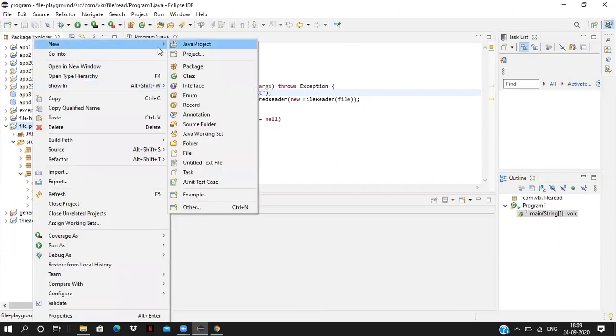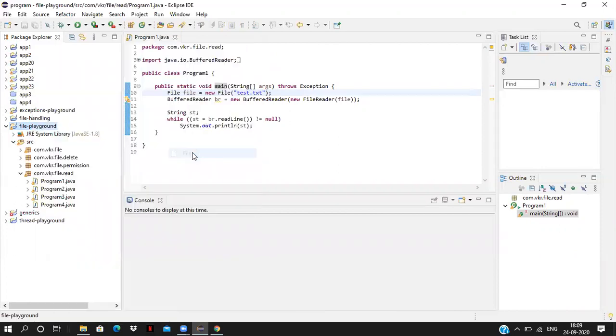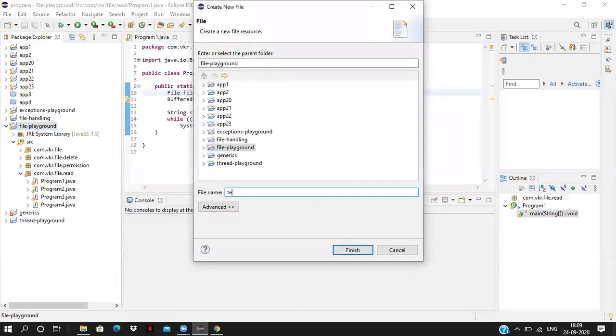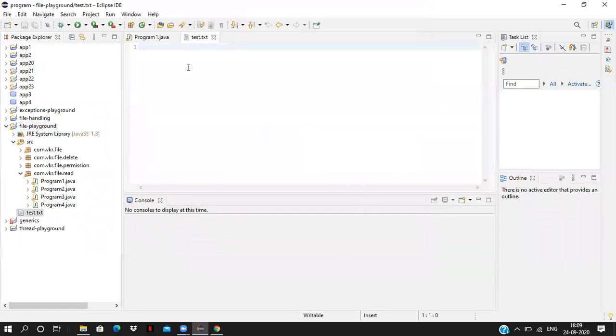So I'm creating a new file. By default I'm just creating it now, but we can create a file by using Java code also. But in this program, we are seeing how to read the data from the file.